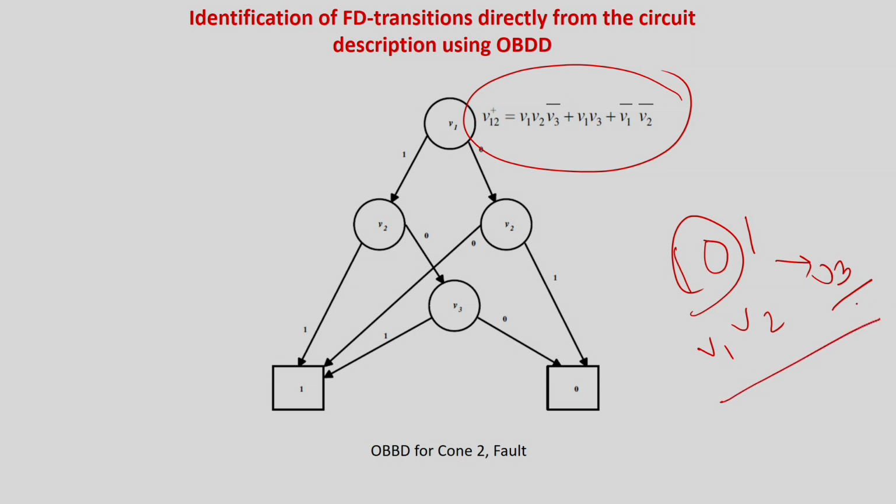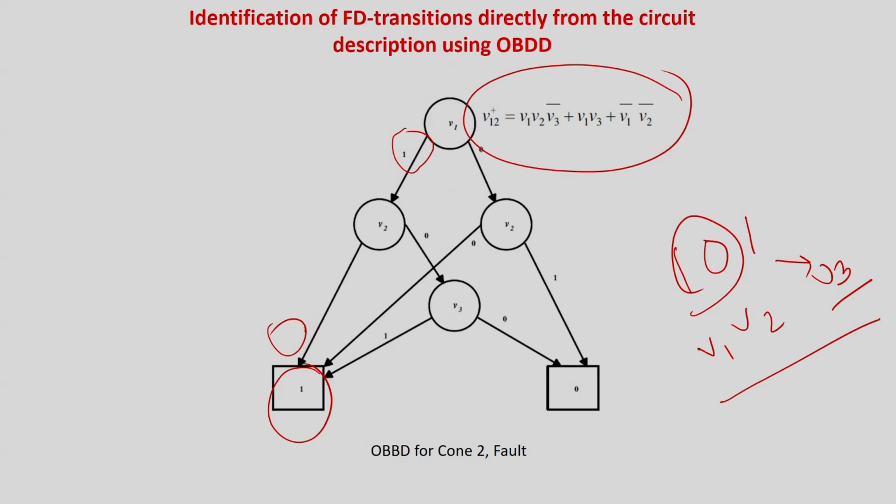So if this is the input, what is going to be the output reflection? Very simple, you put here a 1, V2 is equal to 1 and V3 is not required over here, thus the answer is a 1. So what it is saying is that 101 can detect the error. But what is the error output? For that you have to just take this bit and apply it in the circuit or in the BDD. You can apply it in the circuit also, it will tell you the value.